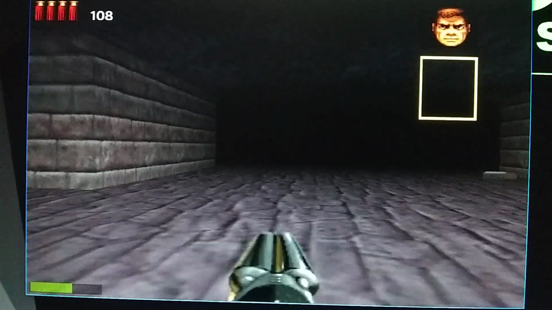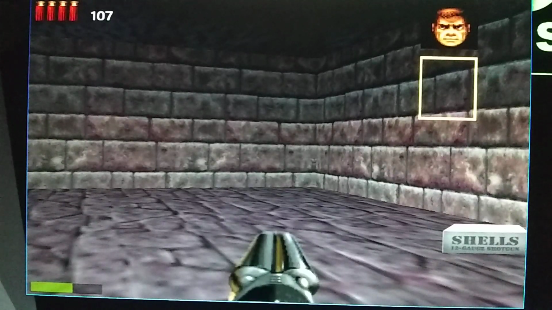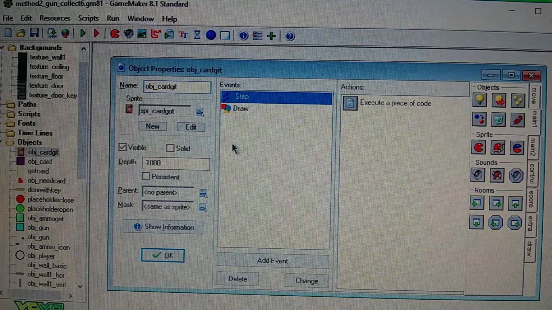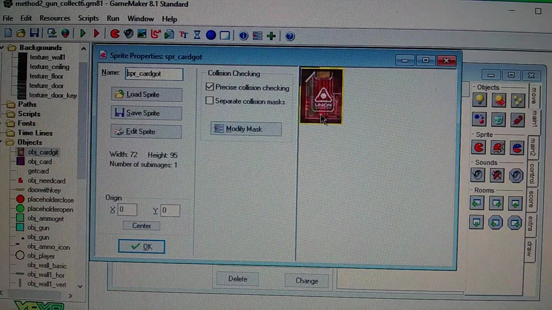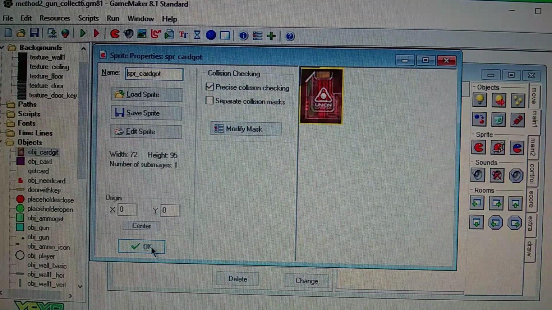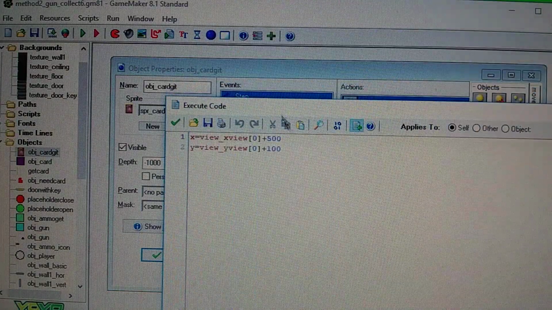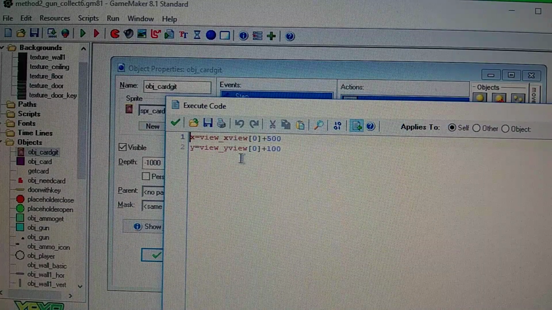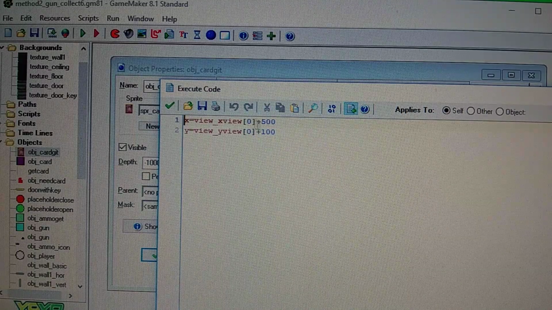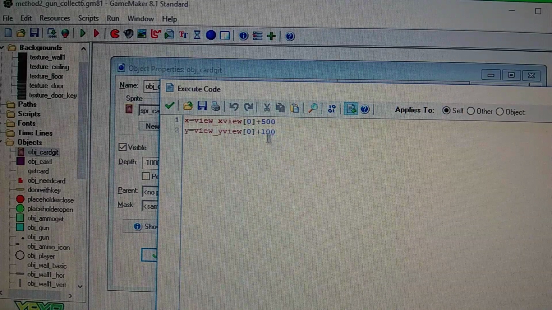Alright, so let me show you what I did here. The first thing I'll talk about is the key. You have an image of a key icon, you collected it, that's your key image. Did a step event, and then the code pretty much projects this on screen when you collect it. I've talked about projecting on screen, so this is where it's going to be located on the x-axis. X view is at 500, the Y view is at 100, so it's going to be right below your image of your